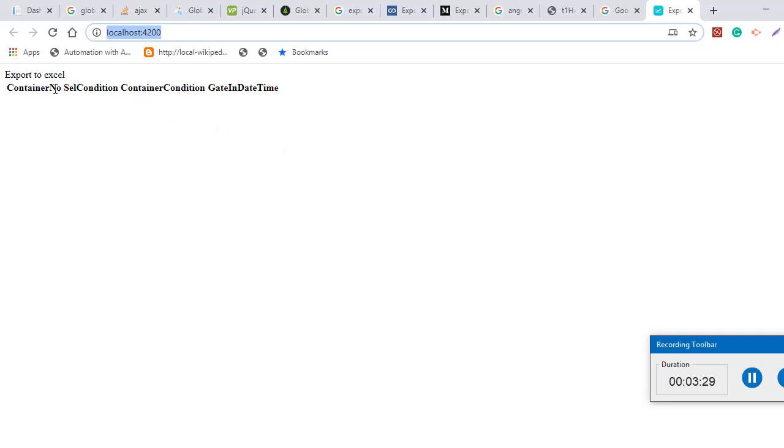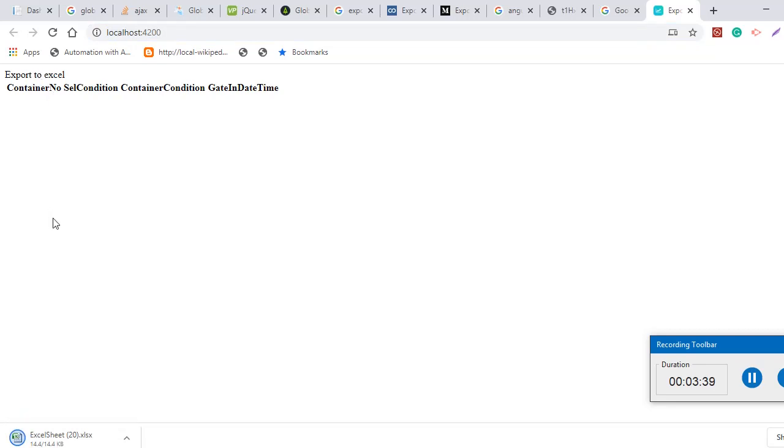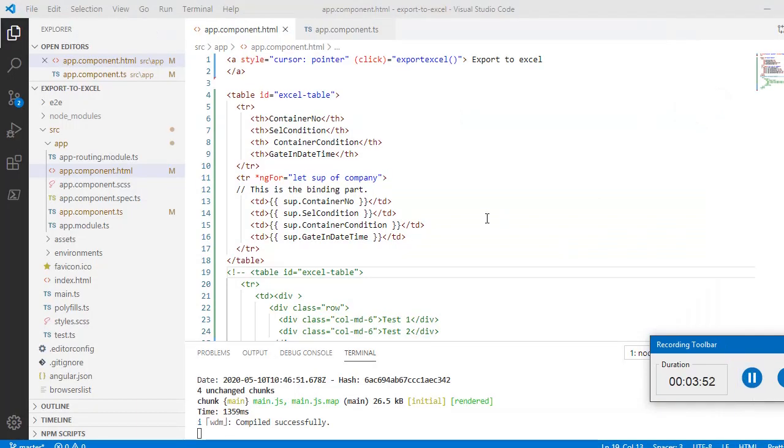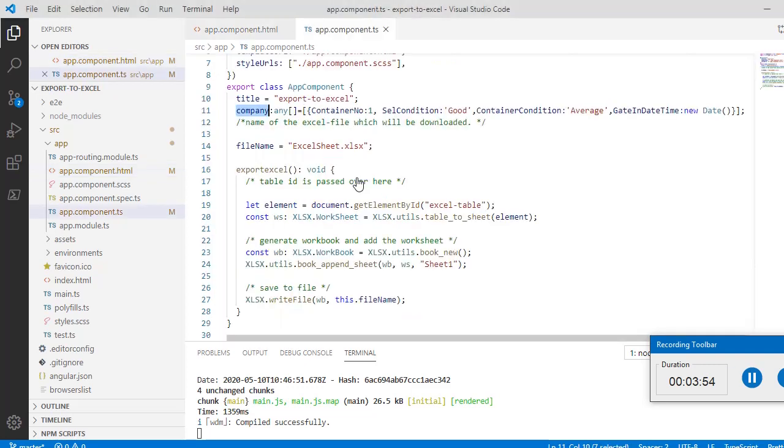Right now there is no data in that table, but this will export. You can see that Excel is exported from here, and all the columns are here with the particular data. So I have created an array for that particular thing, like there is a company with some container, cell condition, container condition, and get in date time.